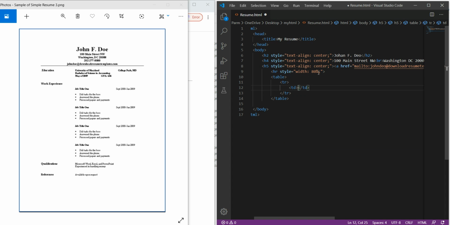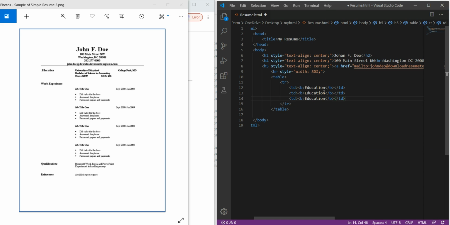Okay, and this is given as something like bold or strong, so we can simply use the B element over here, and here we type education. We will copy this content from here, Control C, because this consists of three columns, column 1, column 2, column 3, so we will copy it twice, paste it twice